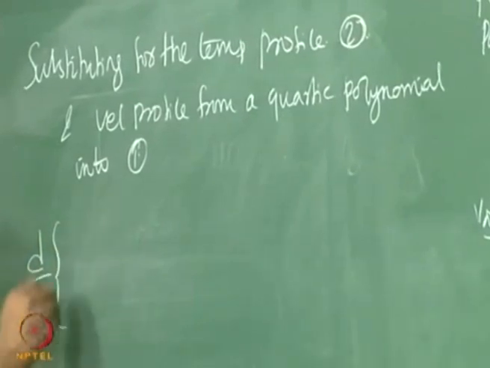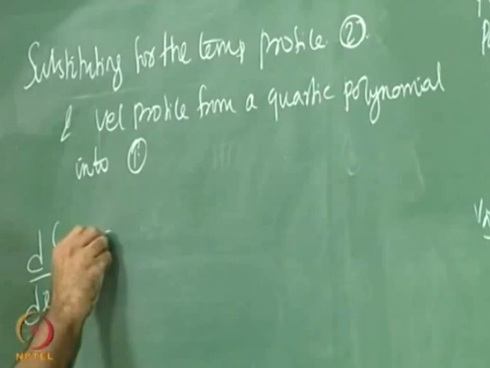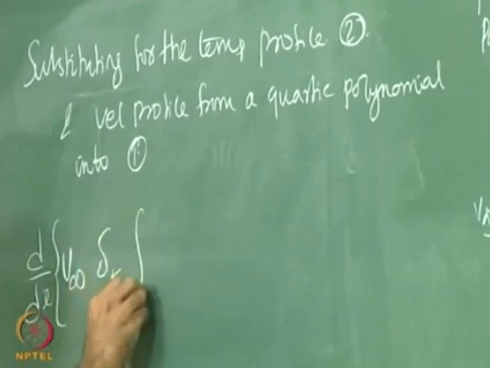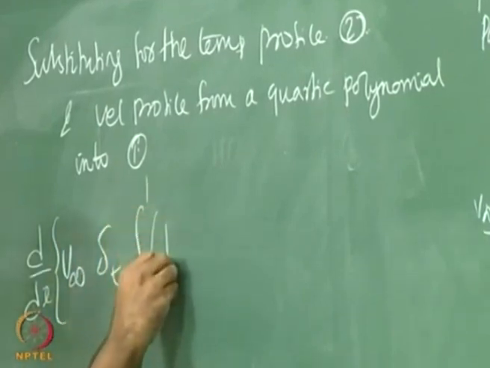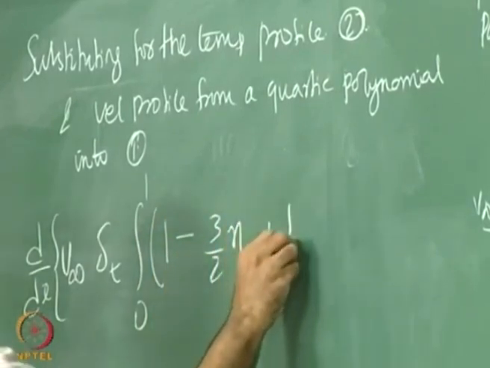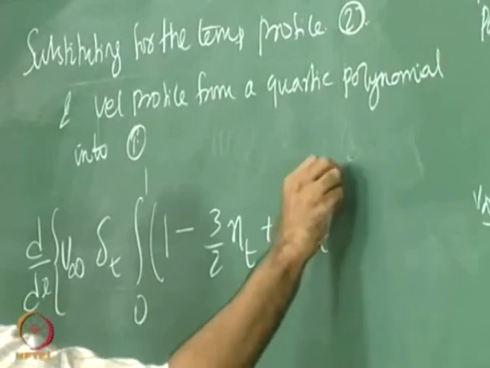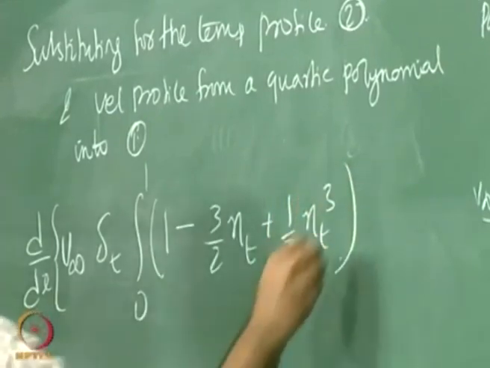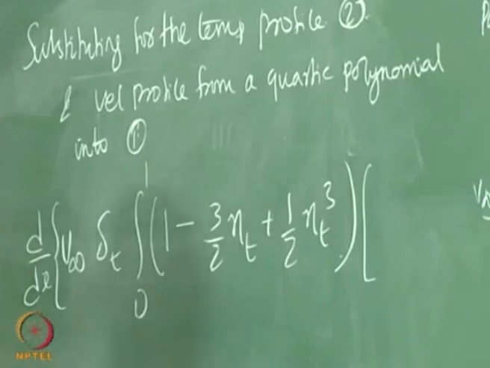I am taking my u infinity to the left hand side. I have delta t, integral 0 to 1, 1 minus 3 by 2 eta t plus 1 by 2 eta t cube, and my velocity profile u by u infinity will be